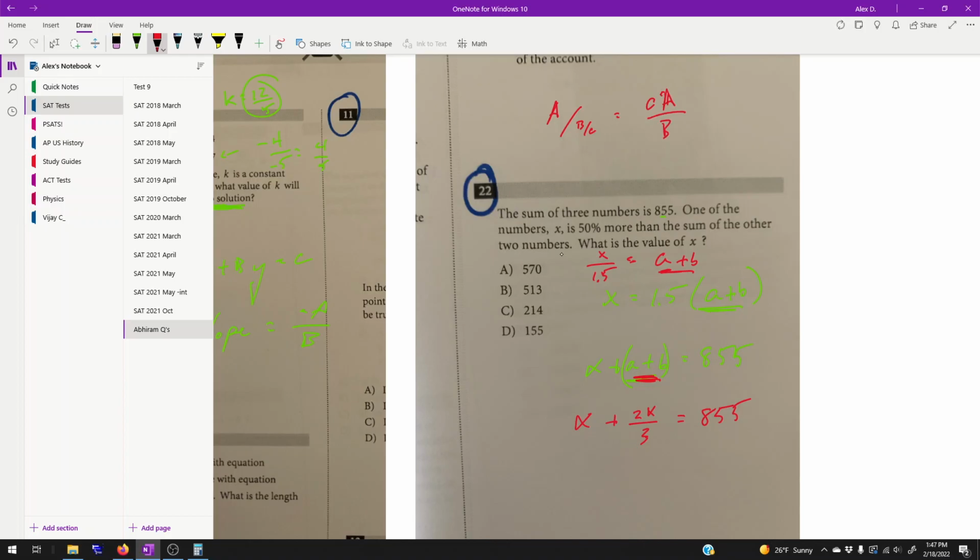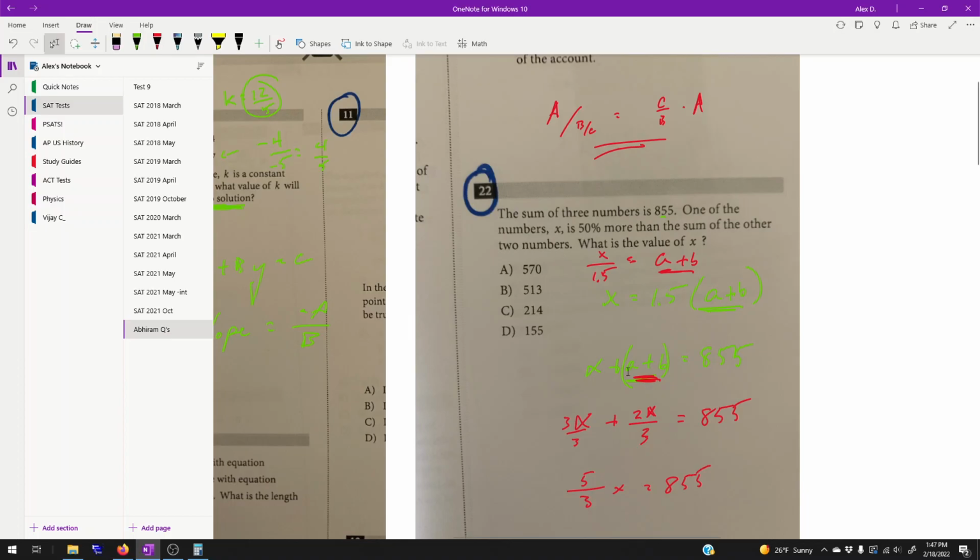If you have something divided by a fraction, you can instead multiply by that fraction's reciprocal. And I'll leave that to you to go through the reasoning of it. Do try to think about that. So we could say c over b times a is equivalent to that. So do think about that. So going back here, x plus 2/3 x, or 2x over 3. That's a little simpler to look at. We can get 3 over 3 as a common denominator. So 5/3 x equals